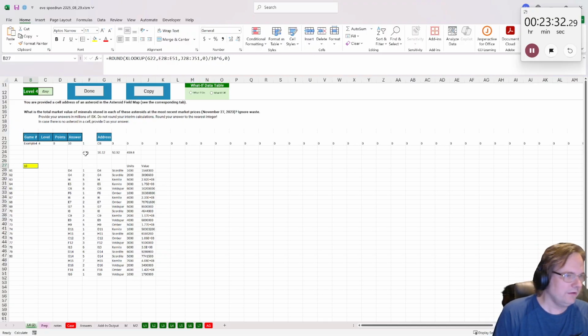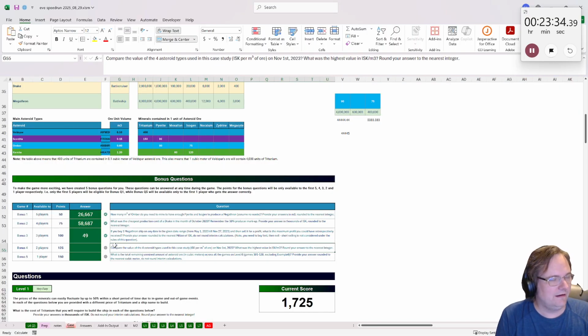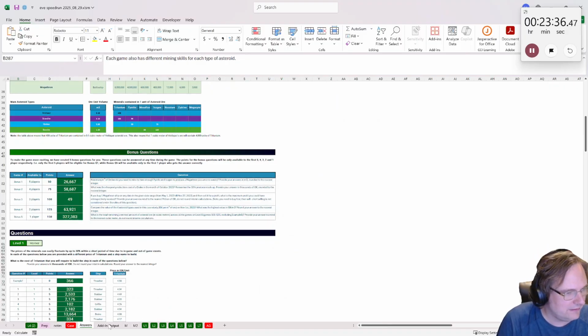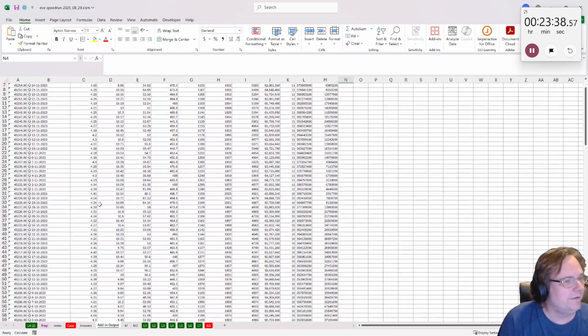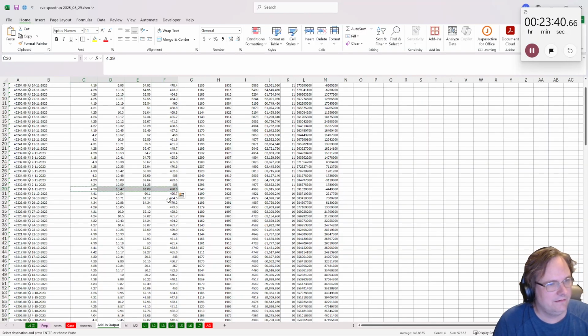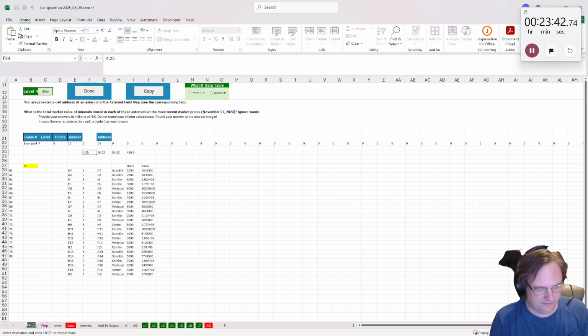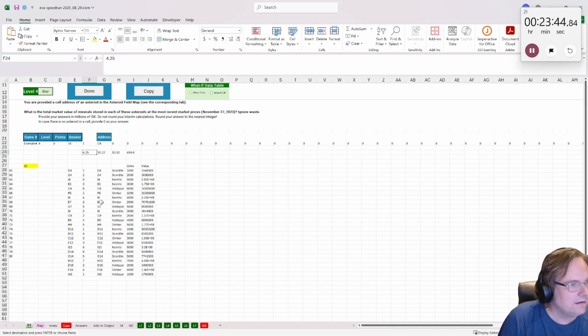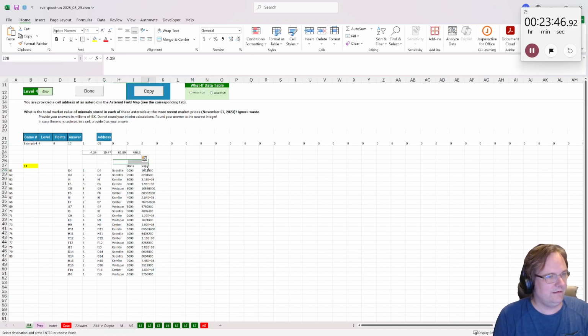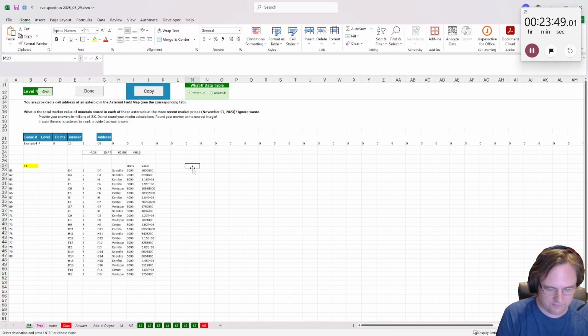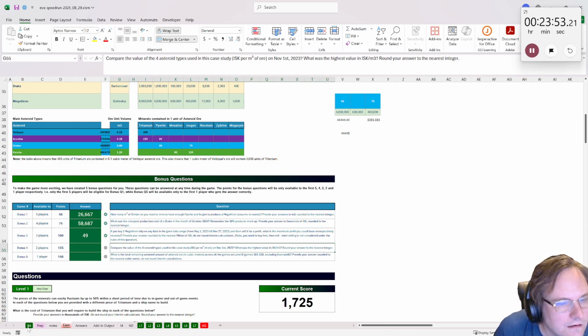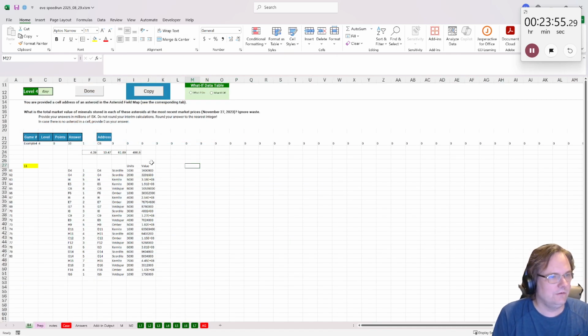So now instead of November whatever, we use November 1st and we use these prices. Now in this, it's bonus 4, I think. So now we use these prices, which changes the value. And what do I want? The highest value